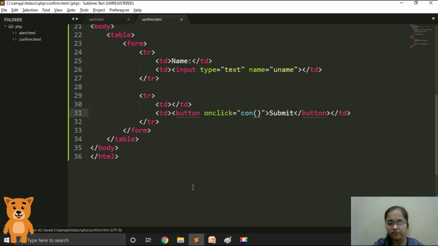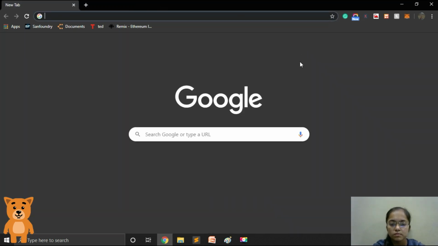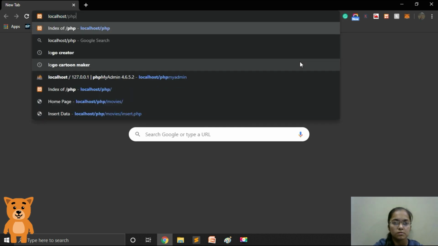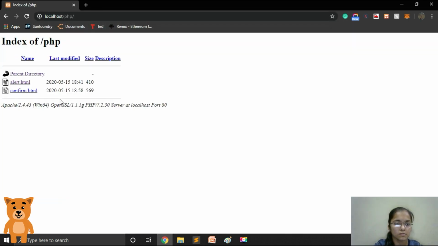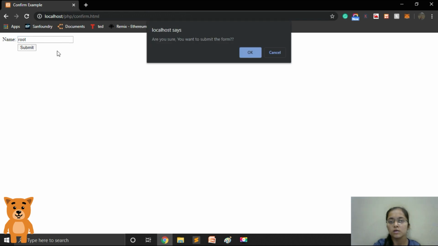Now let's run the file. So let's type the name over here. Let's give it as root. So: are you sure you want to submit the form? This is the message that we wrote, and then it contains the two buttons, OK and cancel.